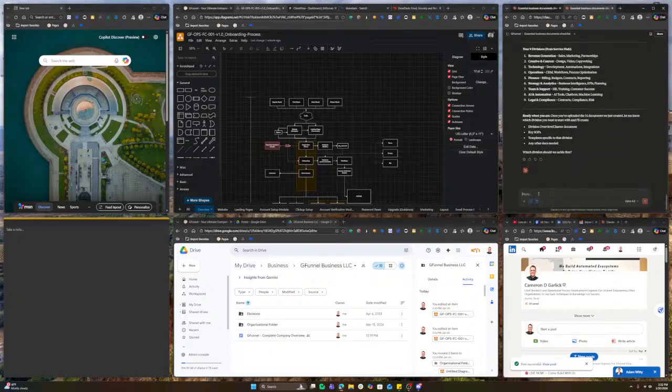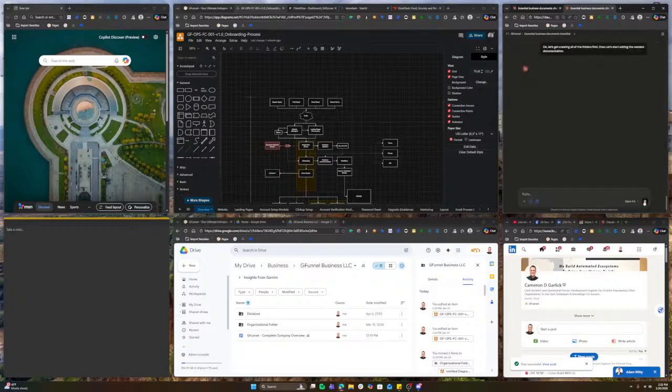Ready when you are. So I'd say, okay, let's get creating all of the folders first. Then let's start adding the needed documentation. I'm not doing anything too crazy. I'm literally telling AI that we're going to organize the business, and I'll bring up the business so you can see it.